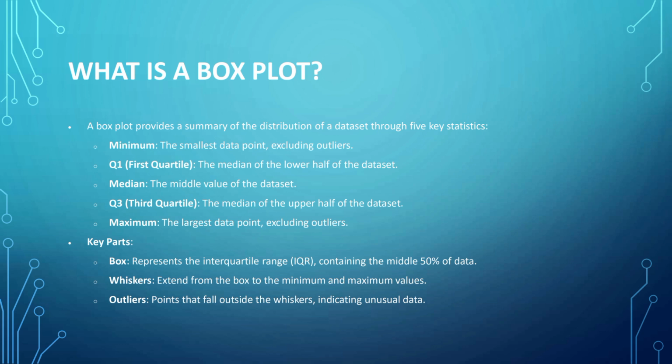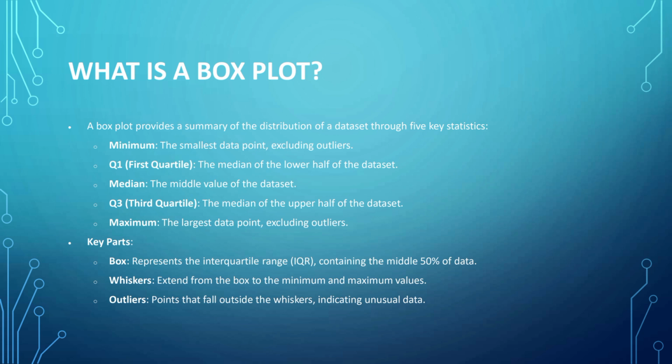The minimum is the smallest data point, excluding any outliers. Q1 represents the median of the lower half of the dataset. The median is the middle value of the dataset, providing insight into central tendency. Q3 indicates the median of the upper half of the dataset, and the maximum is the largest data point, again